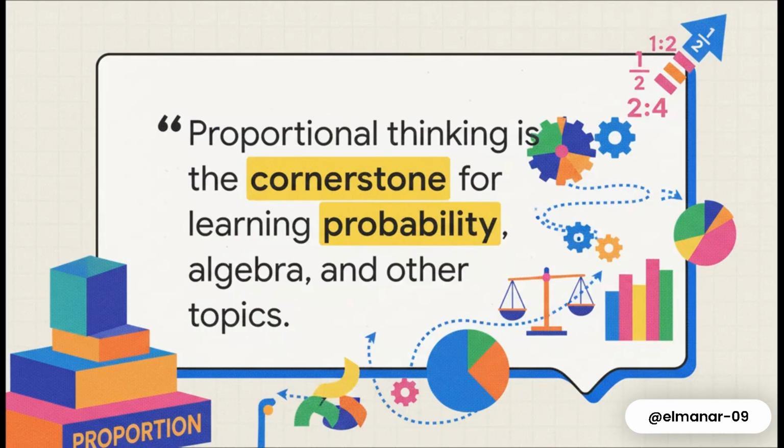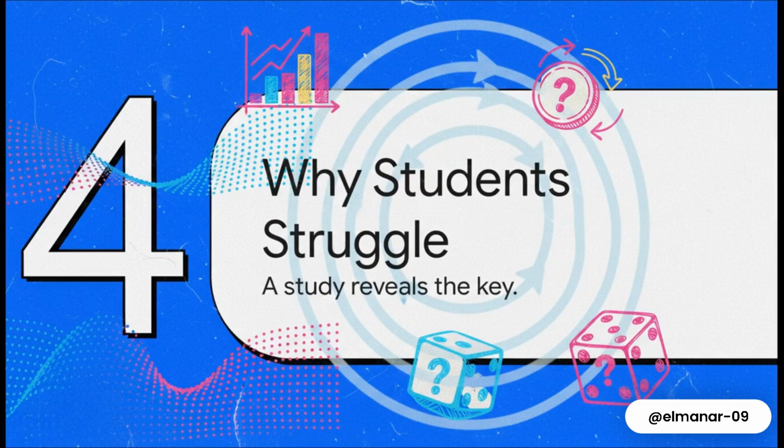In fact, a lot of researchers argue that this second skill, proportional thinking, is the real foundation here. It's like the bedrock for probability, algebra, you name it. I mean, think about it. Understanding why a 1/6 chance is less likely than a 1/2 chance of flipping a coin isn't about some fancy probability rule. It's about just knowing that 1/6 is a smaller slice of the pie than 1/2. Without that intuition for proportions, probability can feel totally random and confusing. So if this connection is for real, it might finally explain why so many of us find probability so tricky.